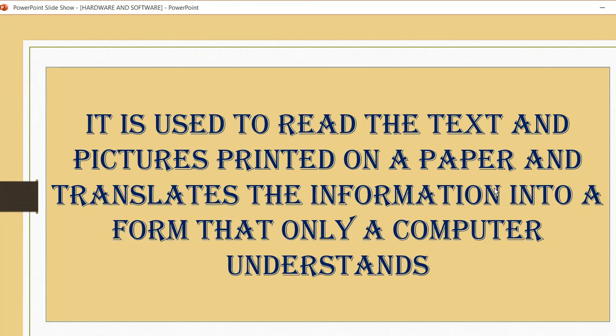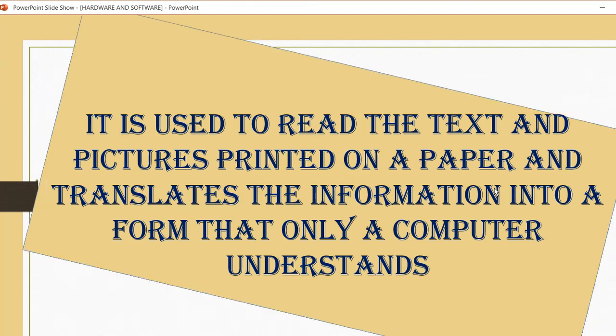So if you want to make any changes in that text, you can make those changes easily with the help of the computer. It translates the information into a form that a computer can understand, and it shows the output on the monitor. So whatever is read by the scanner is displayed on the monitor.